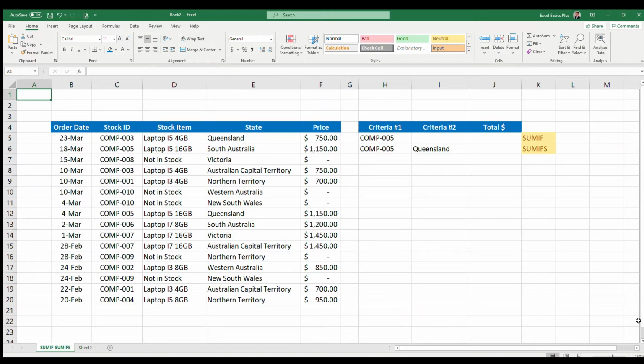In today's session, we're going to have a quick review of the SUMIF function, and then we're going to expand that to the SUMIFS function. So you'll recall with the SUMIF, we are looking to add up a bunch of values based on an individual criteria. In this particular case, we're looking for how many computers, comp-005, which is the stock ID, have been sold, and just add up the total value of the